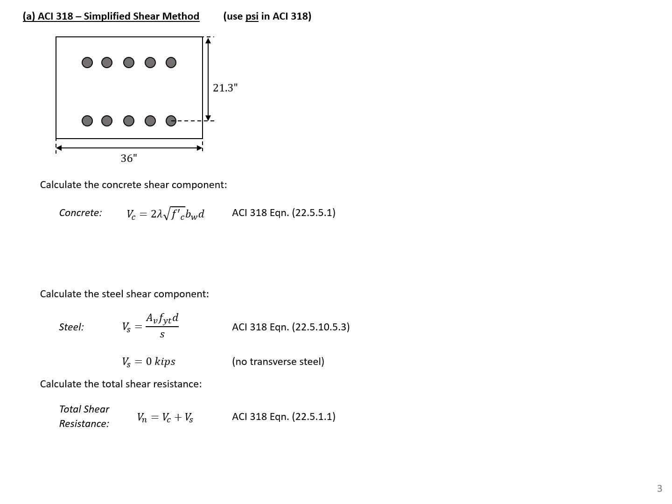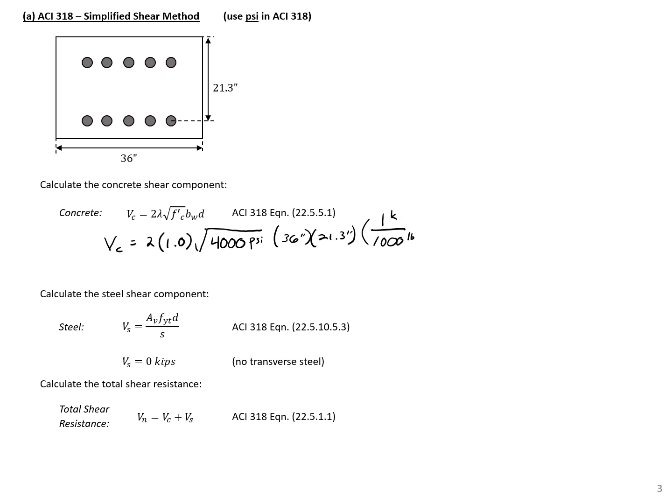We're now ready to calculate our shear capacity using our different methods, and we'll start with the simplest. So using the ACI simplified shear procedure, we'll get our Vc is equal to 2 times lambda, which is 1.0 because we're using normal weight concrete, times the square root of 4,000 psi, times our bw, which is in this case 36 inches, and our d is 21.3 inches. And I'm going to take this times 1 kip